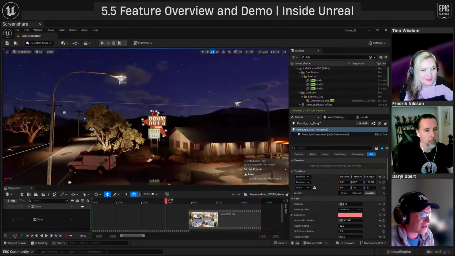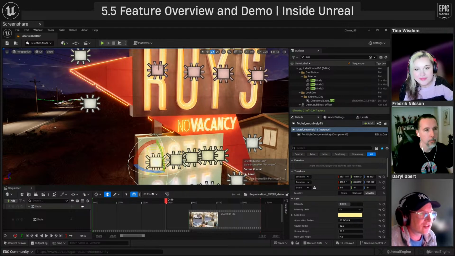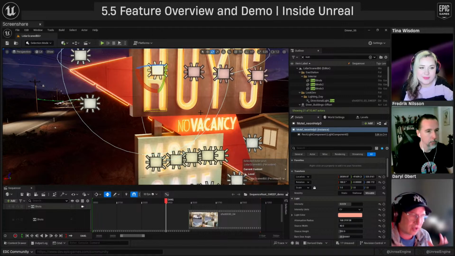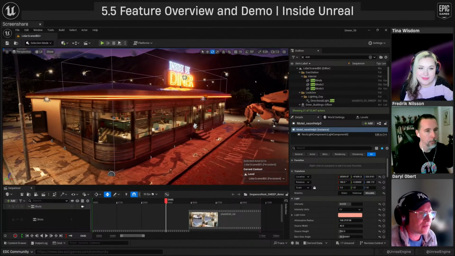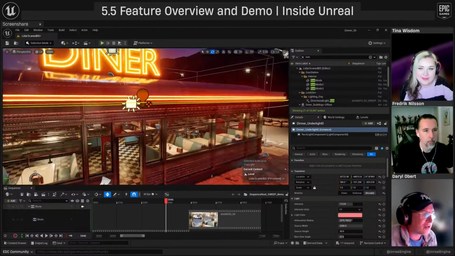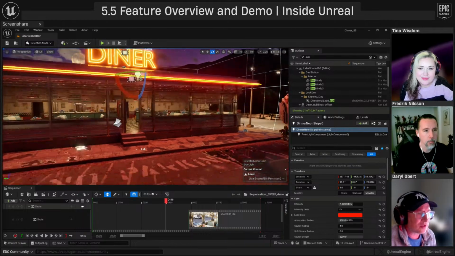If we fly over here to this other sign, you can see these are all little rectangle lights that I'm using to give a little bit of fill, a little bit of boost into that region so that I don't end up getting really noisy effects. Same thing happening over here where I'm layering a bunch of lights together. So I've got another big rectangle light, and then I've got this long tube light for the neon. So that's sort of how I'm lighting the scene.